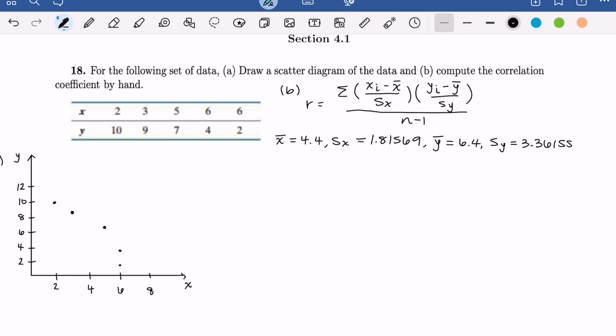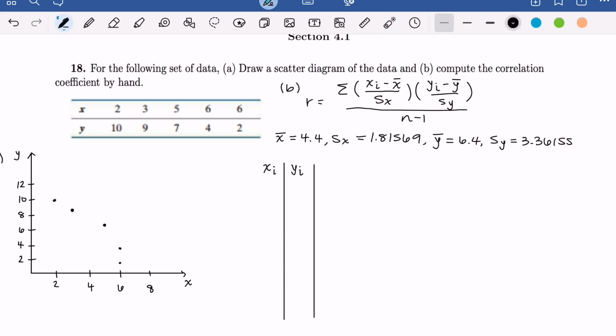Okay, so the next thing that we want to do is find these values. And in order to do that, we are going to construct a table like we've seen in the last videos, and then plug in our sum for all of these values into this formula. So constructing our table, the first thing we need to do is organize all of our data points here. So we're going to have our x and our y values. Then what we can do with this information and our mean and standard deviations for both is compute these. So the next column, we're going to have